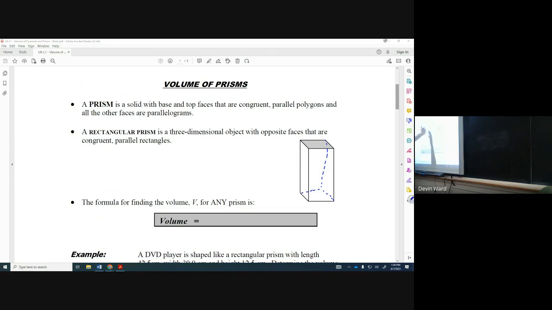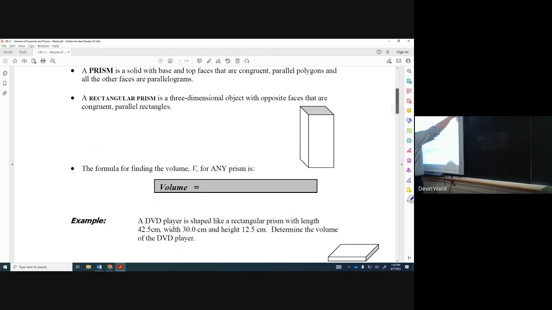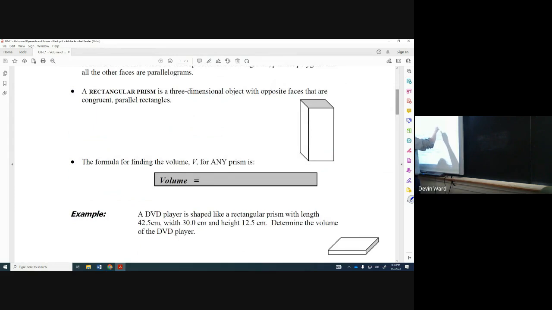A rectangular prism is a 3-dimensional object with opposite faces that are congruent, parallel, rectangles specifically. Okay? So like this one here. Okay? So what's the volume for any prism? So what we have here is this side is our length. The bottom, let's say, is our width. And then the one going up is our height. Okay, so that's the key difference from area to volume. We still have the length and the width, but now we add in the extra dimension, that's why it's 3-dimensional,